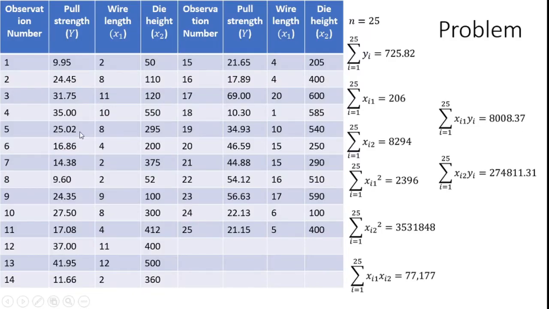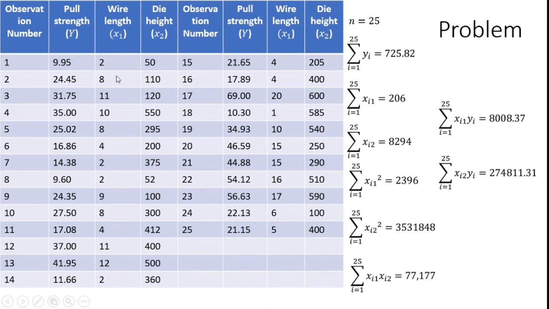Then I consider this experiment for our multiple regression model explanation. Here 25 observations are available from the experimental setup, and the response considered for this experimental data is pull strength y, with wire length x1 and die height x2. I collect 25 different experimental data points from the experimental setup, which is the first step. I may collect n observations from an experiment, but in this experiment I collect 25 only, so n is equal to 25.